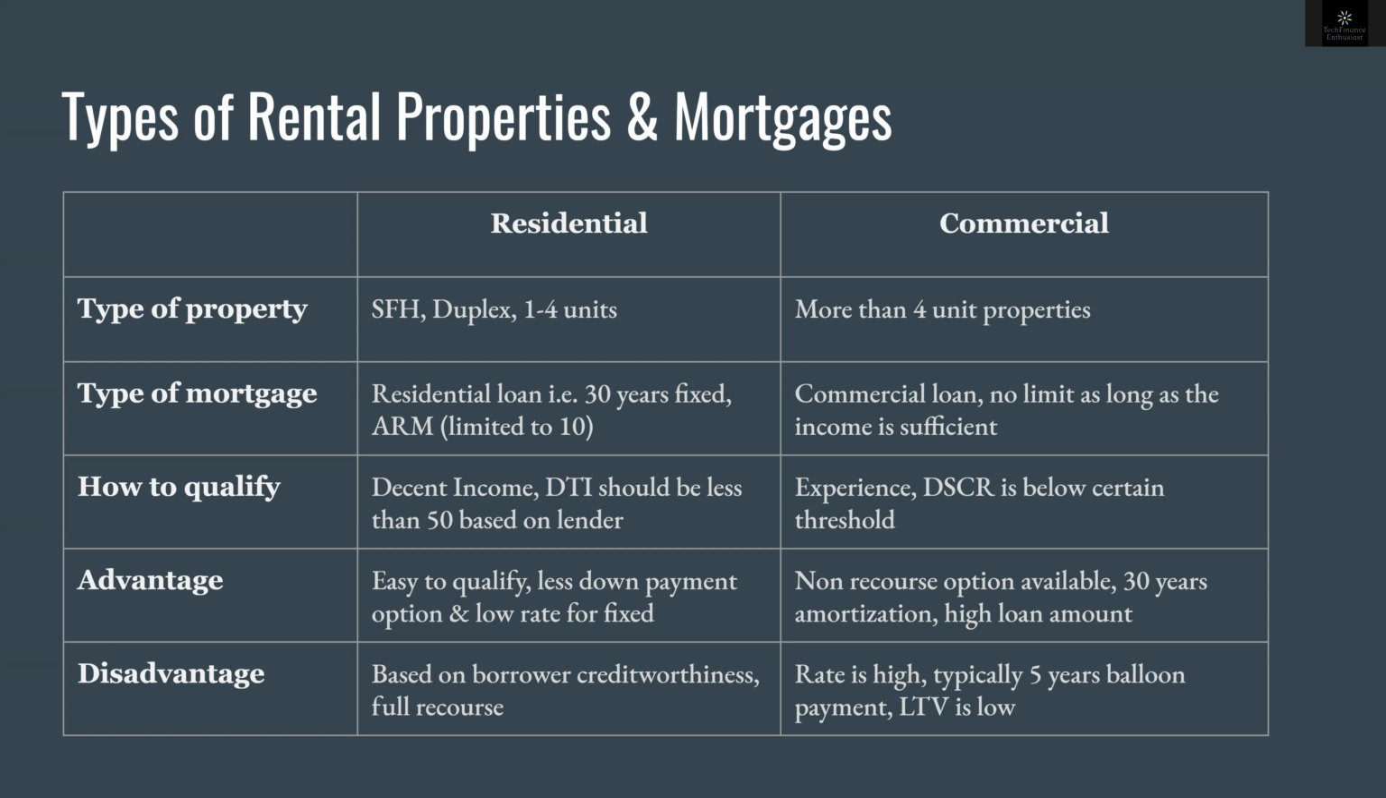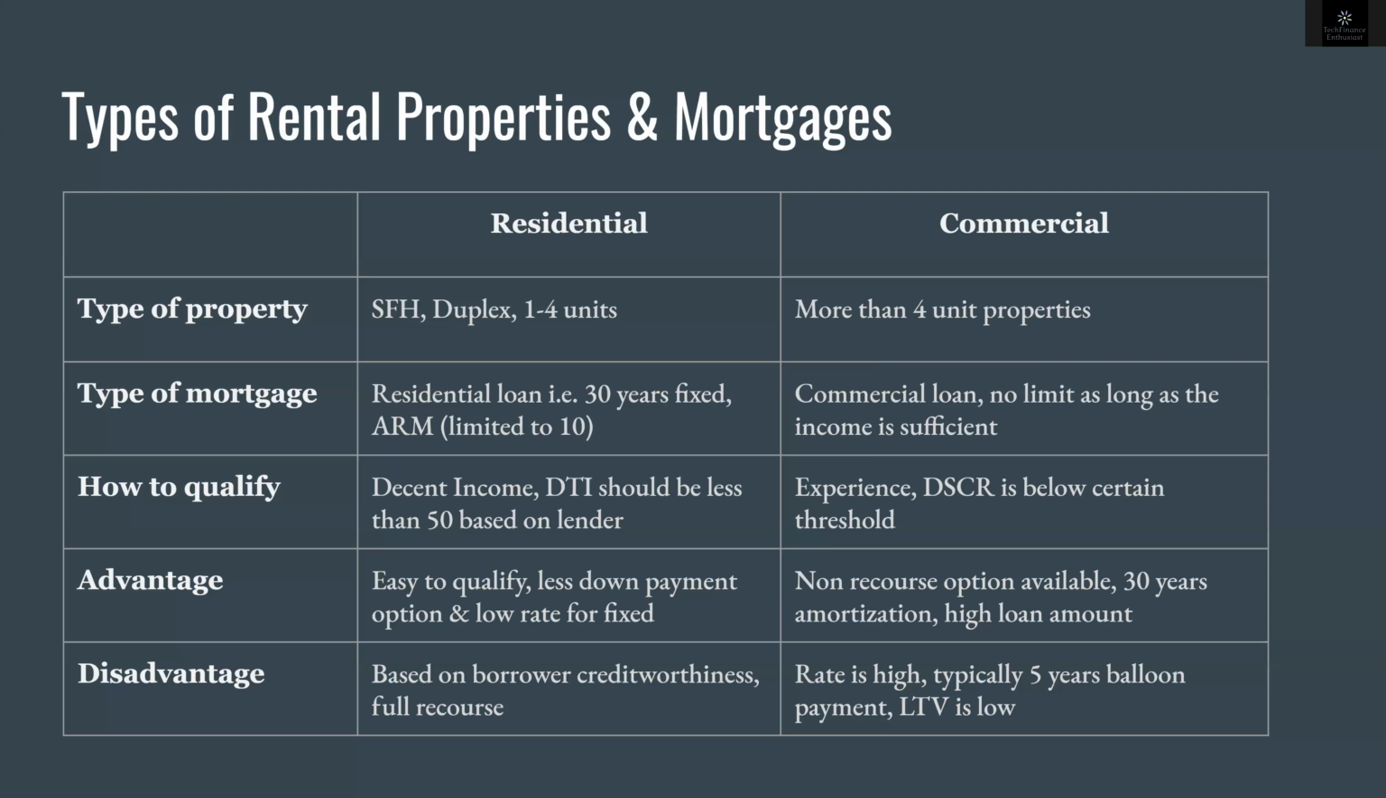And what are the advantages of residential mortgage? The residential mortgage is easy to qualify. You have lower down payment options, and typically the rate is very low. Right now it is around 3 or a little bit less than 3. For commercial, the main advantage is that the non-recourse option is available. Non-recourse means the loan doesn't go to the credit report of the personal borrower. And sometimes you get 30 years amortization and you can get a high loan amount, which is sometimes not available